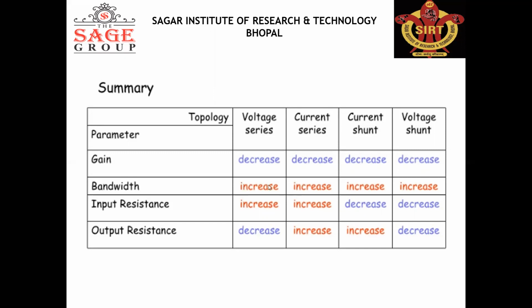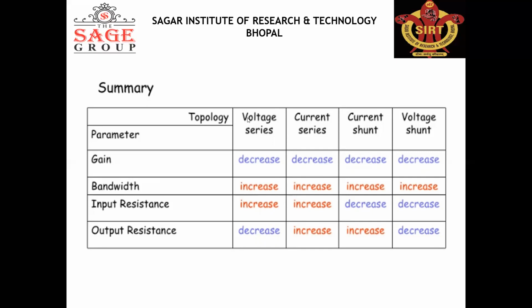Input resistance increases in voltage series, input resistance also increases in current series. करंट शंट और वोल्टेज शंट में इनपुट रेजिस्टेंस डिक्रीज होता है। यहाँ पे आप देख रहे हो कि यहाँ पे इनपुट रेजिस्टेंस इंक्रीज होता है, यहाँ पे इनपुट रेजिस्टेंस डिक्रीज होता है, क्योंकि सेकंड वर्ड ये डिफाइन करेगा। यदि सेकंड वर्ड आपका सीरीज में है, मतलब दो रेजिस्टेंस आपके सीरीज में कनेक्ट हो रहे हैं, एक इनपुट रेजिस्टेंस और एक फीडबैक सिग्नल, तो सीरीज में हमें मालूम है रेजिस्टेंस बढ़ जाता है। ठीक है, यहाँ पे शंट लिखा है, मतलब हमारे दो सिग्नल शंट के फॉर्म में कनेक्ट हो रहे हैं और शंट में रेजिस्टेंस डिक्रीज होता है, तो यहाँ पे इनपुट रेजिस्टेंस डिक्रीज होगा, राइट।